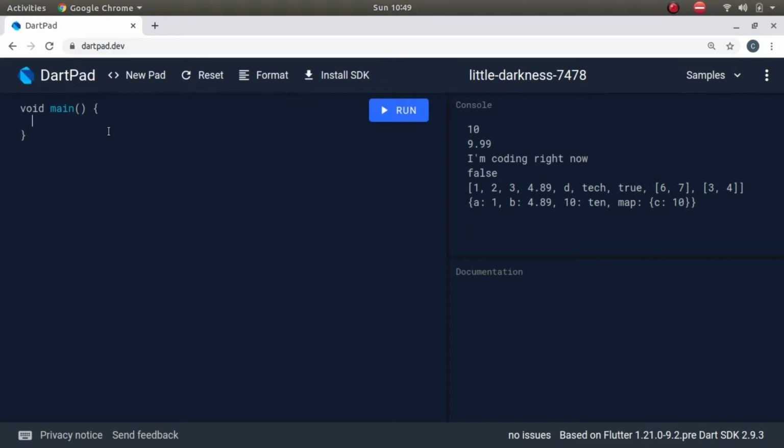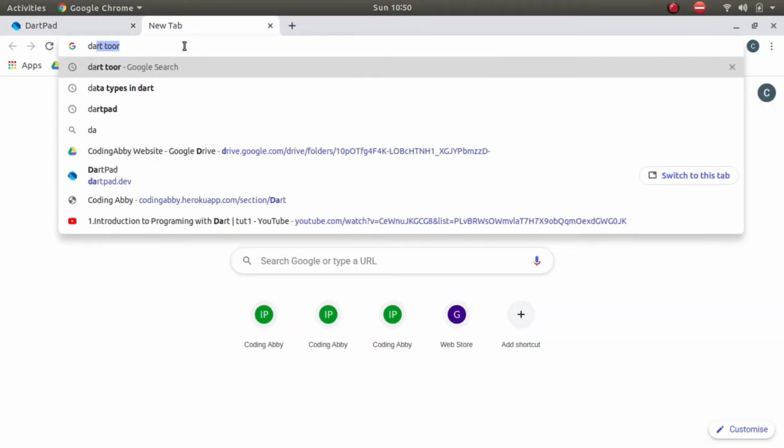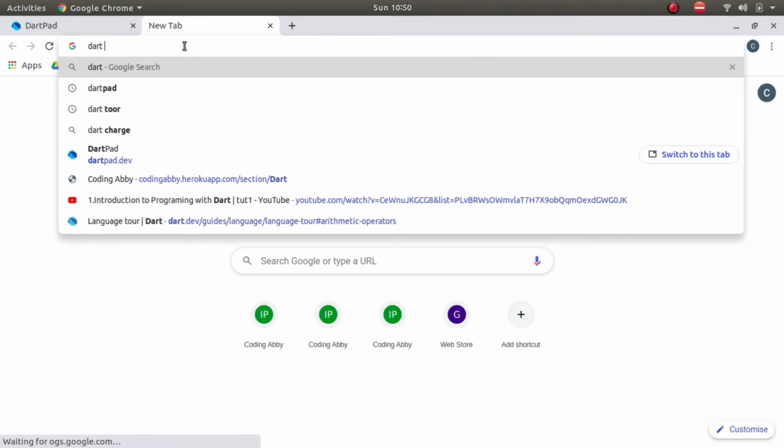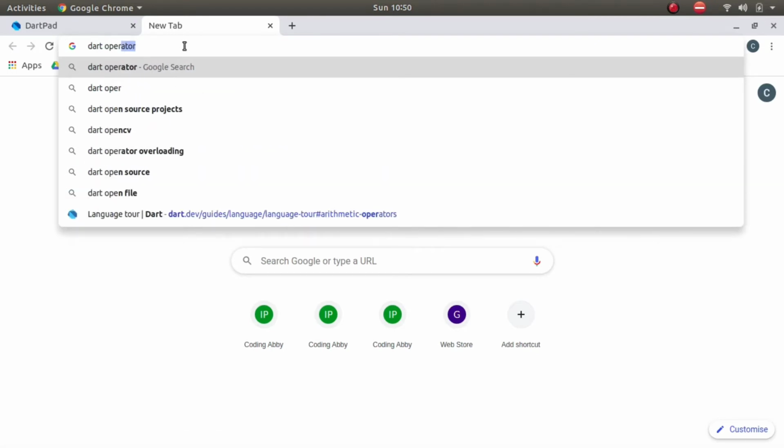We are not taking any variables, we are taking values directly. Okay, print, we will say print 2 plus 3. So this is the addition operator, or the technical name is, let's say, we will search it in Dart operators.